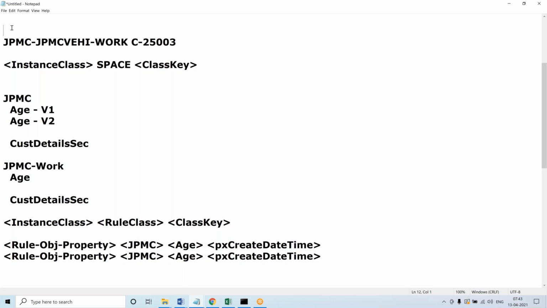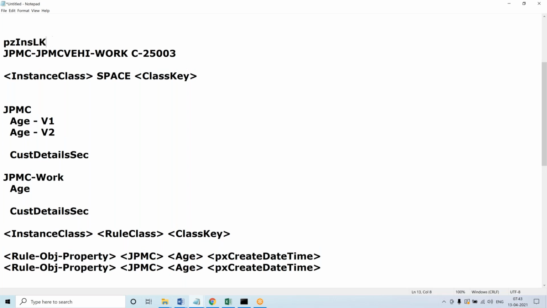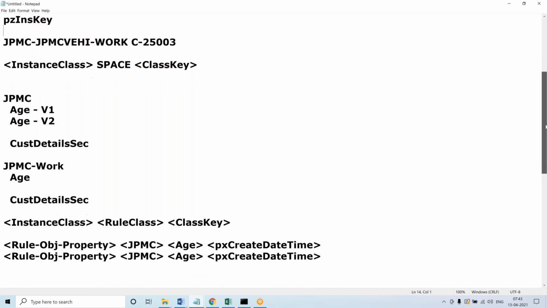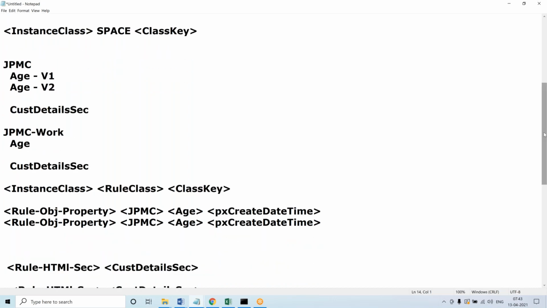That column is the PGINSKey column. Everyone clear? The PGINSKey column is the primary key column of every table in Pega. You go to the backend and open any table and look at the table properties and see what the primary key is. For every table you see PGINSKey.